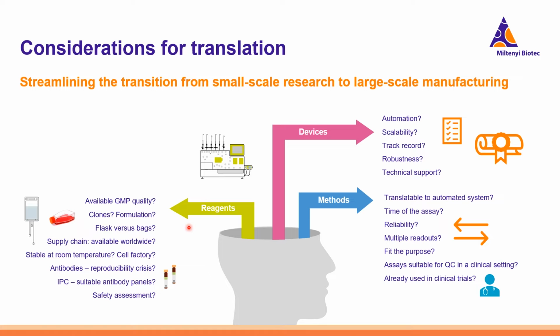Are my reagents available worldwide? Are they stable at room temperature? If I produce in a cell factory environment, what about the antibodies that I am using in my panels? Are they really reproducible? What about my in-process control? Do I already have suitable antibody panels, or do I need to re-establish them when I switch from small-scale research